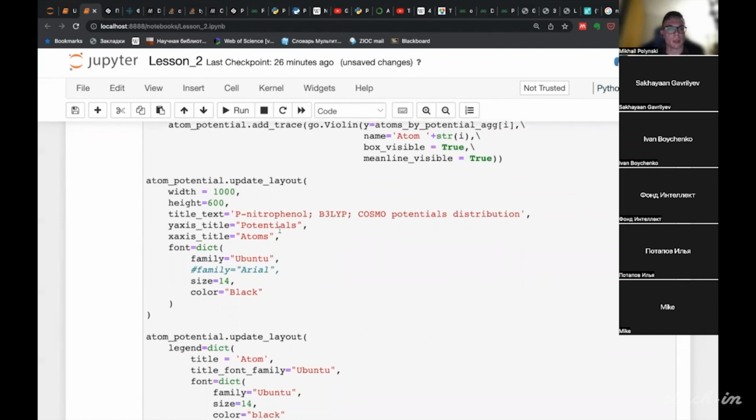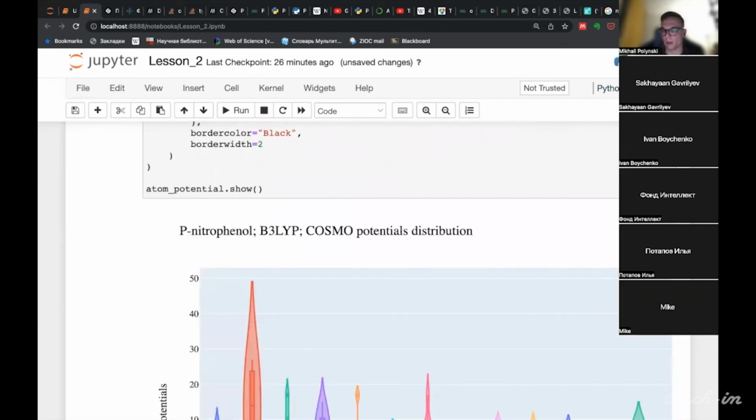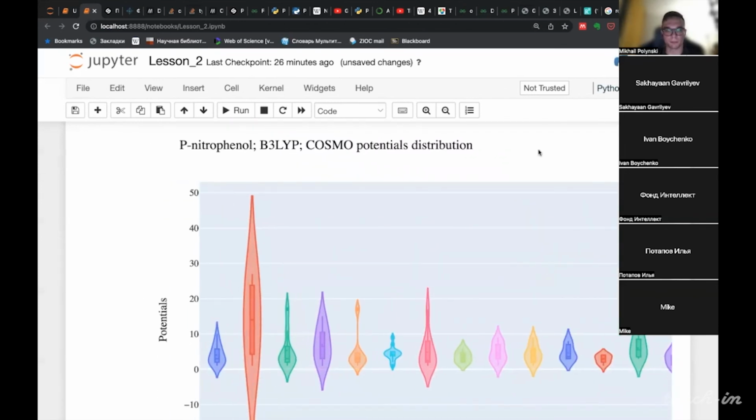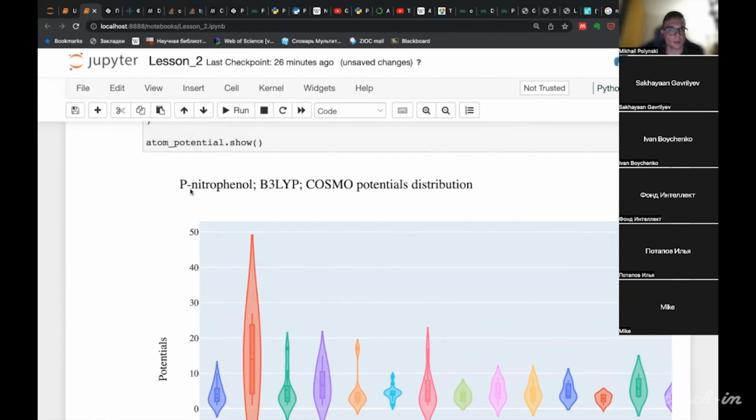For example, consider the plot I've shown you before. Let's pay attention to the font used in the figure.